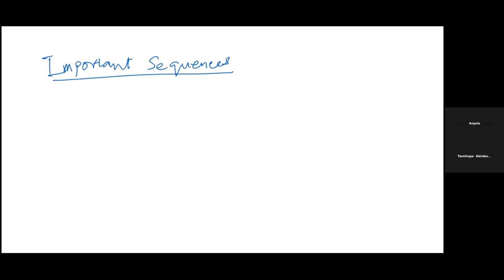So these sequences will be needed for further studies in series. But let's see the behavior of this sequence when R changes. Okay. So let me just say we want to determine